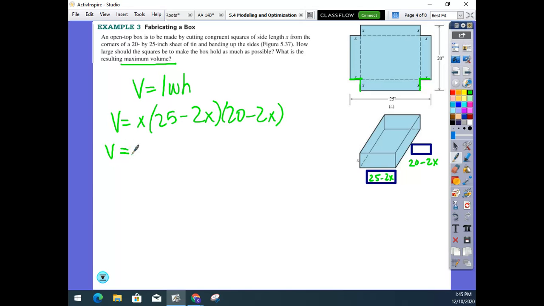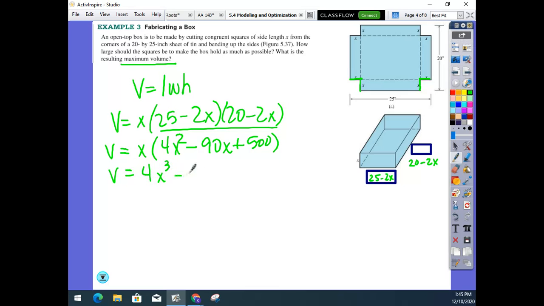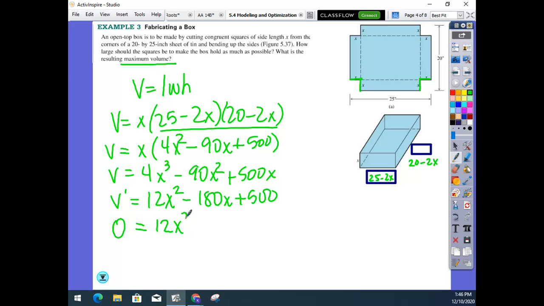Now we want to simplify. So let's distribute all of this. And I'm going to kind of go backwards because I want my x squared to be first. Then distribute the x. All right, now we're ready to take our derivative. And from the looks of my notes, this is not factorable. So when we set this equal to 0,